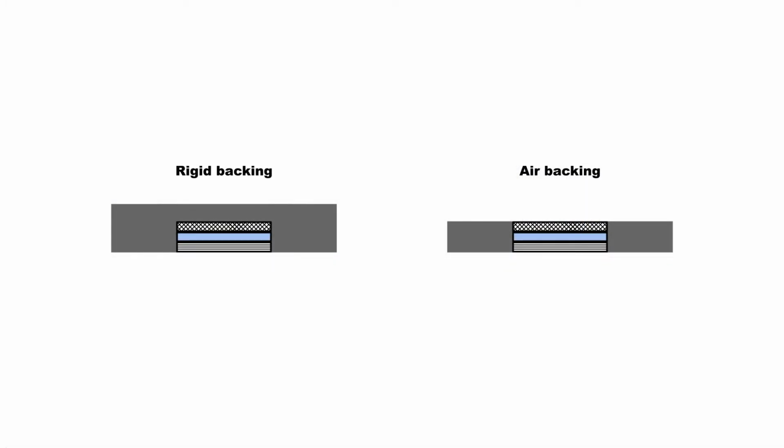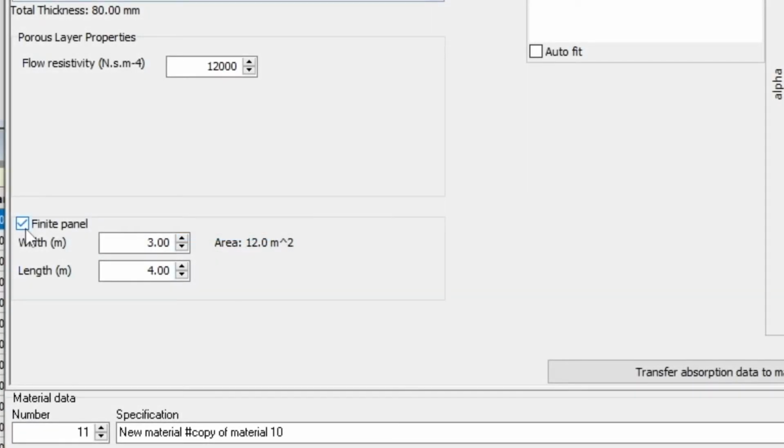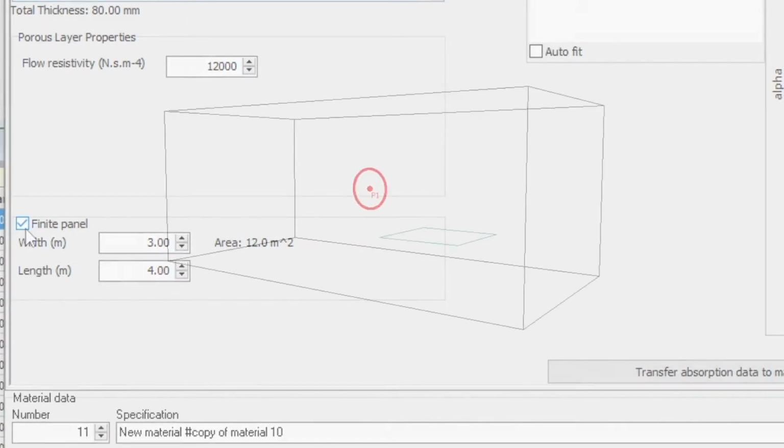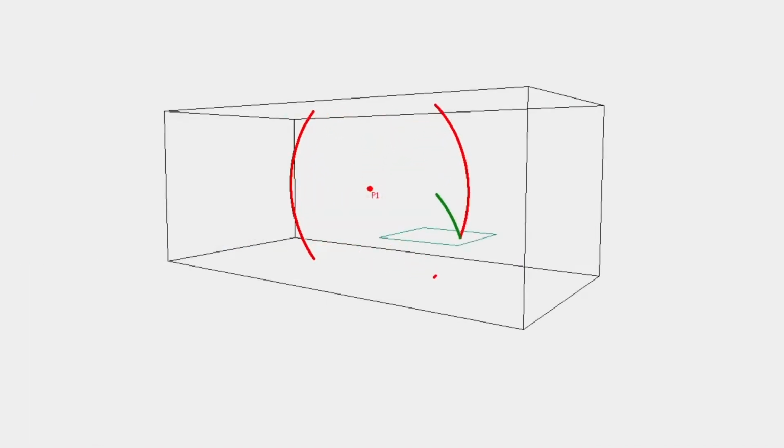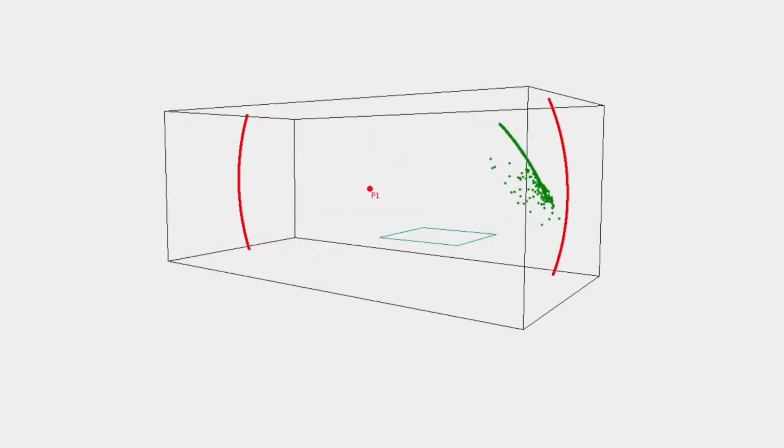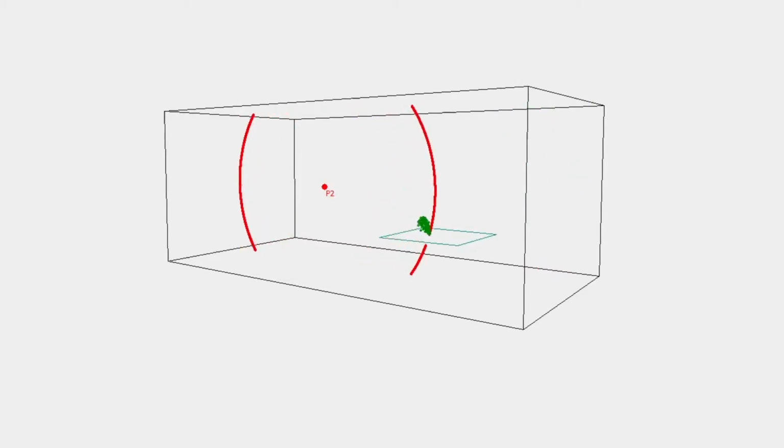If calculating a finite panel, keep in mind that the stack is assumed to be surrounded by a rigid baffle, so free-hanging materials currently cannot be calculated. For a finite panel, a rectangular shape will be assumed. We recommend to calculate either for an infinite panel or for an area larger than 10 square meters, as suggested for absorption measurements in a reverberation chamber. These recommendations are because Odion automatically calculates scattering due to diffraction during the simulation.